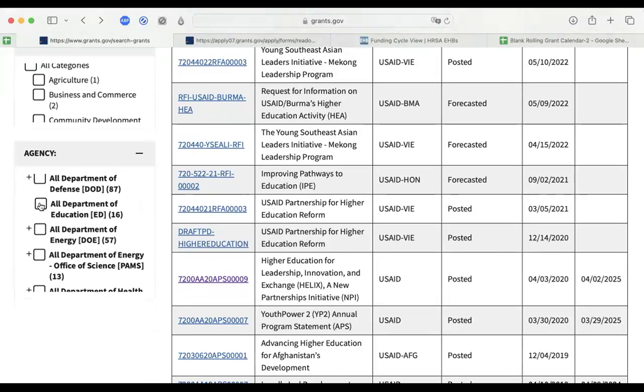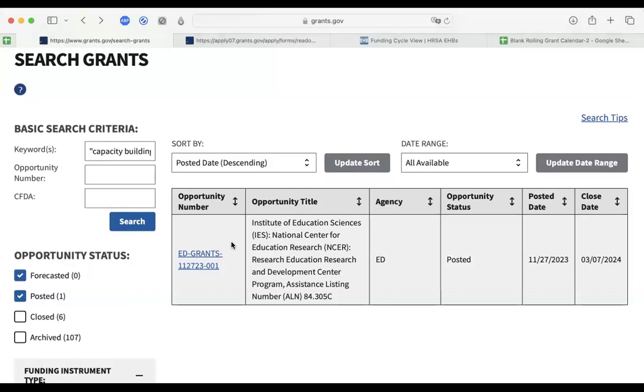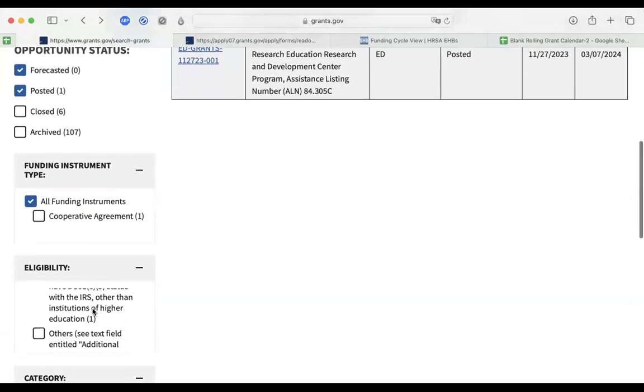What are they funding? So we're going to check that box. We're only going to see things from the Department of Education. You might be asking, hold on, why aren't I seeing all the other things? Why am I only seeing one? Well, first we have capacity building checked as our keyword here. And then we also have the delimitation to